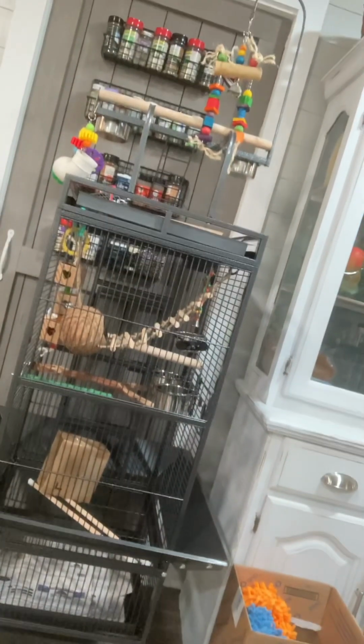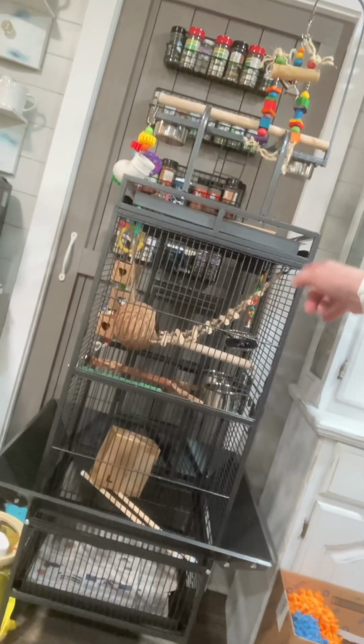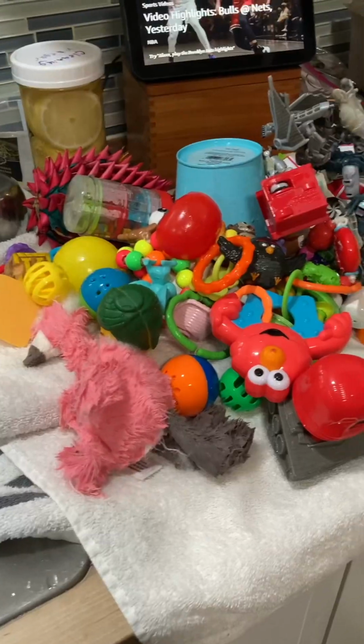I'm doing a little video today on cleaning Buster's area and Earl's, and I wanted to take the opportunity to show this is the cage I reviewed that I'm currently using as a play stand for Earl sometimes. And this,